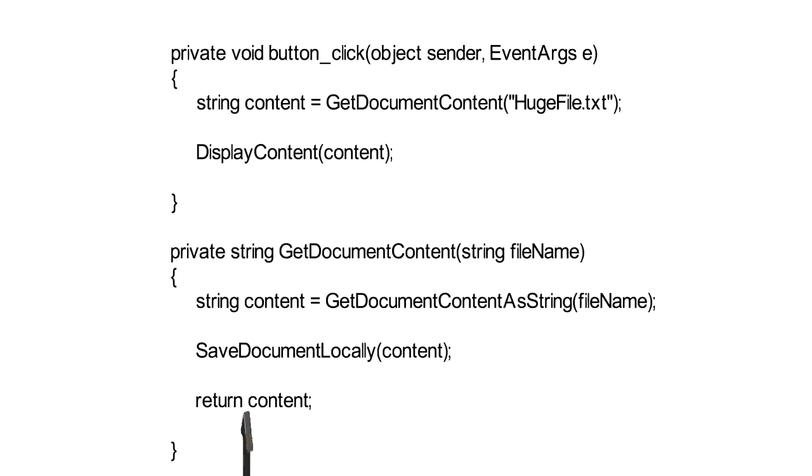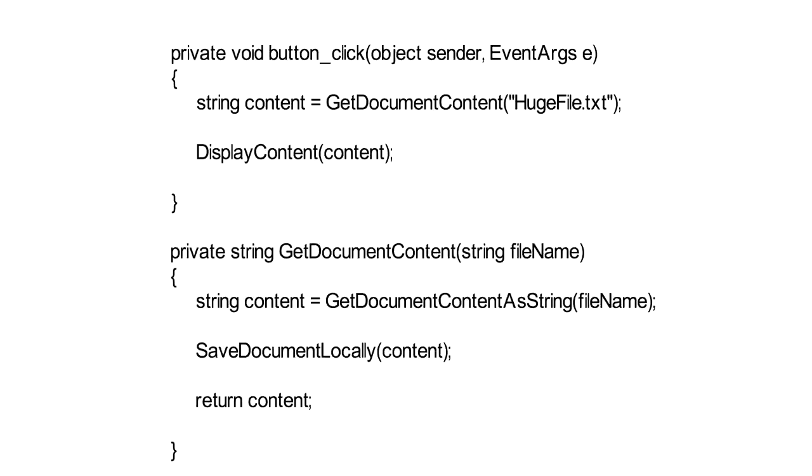Once the getDocumentContent method completes and returns the content to the button-click event handler method, the content is subsequently displayed to the user. This is denoted by a call to a method named displayContent. So while the code is performing the relatively long-running operation executed by the getDocumentContent_string method, the thread of execution on which this operation is running will be blocked, leaving the CPU idle until the getDocumentContent_string method completes and returns a